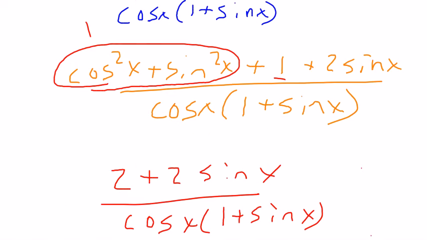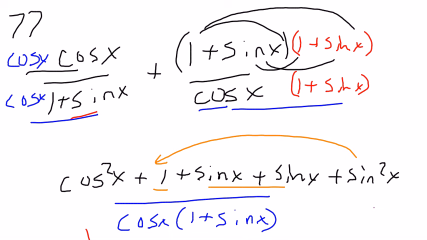So first step here, what did we do? We got common denominators, multiplied the left side by this denominator, multiplied